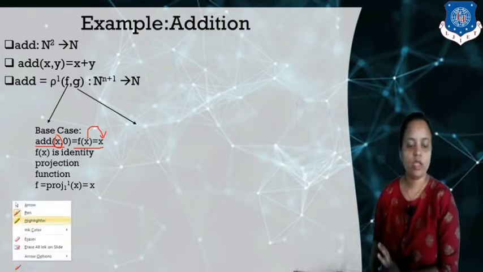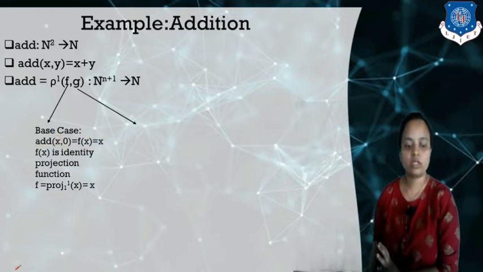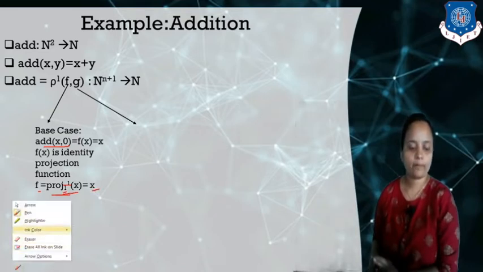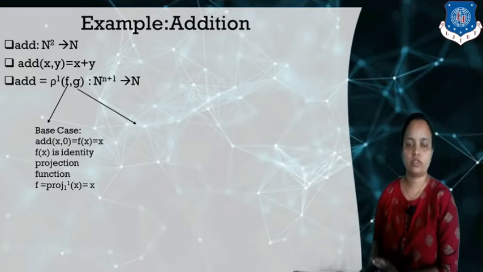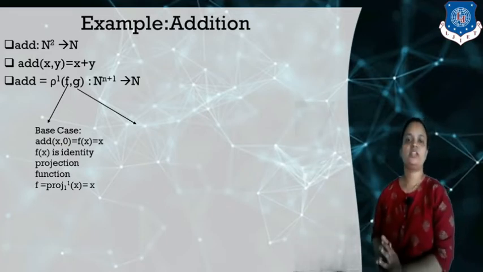So we can think of this function as a projection function. If you remember, we have already discussed the identity projection. So we can define this function in the form of a projection function. This is our base case function, we can define projection 1 1, where the first 1 is the number of arguments and the second 1 means the first element of that function we have to return. In this way we can define the projection function, and the base case function.